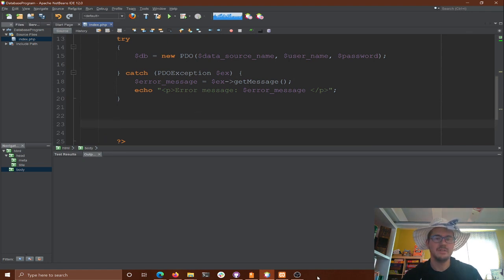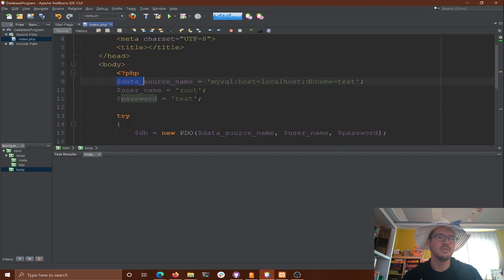How to get to the database? Yeah, we give it the data source name. So it's MySQL. Our host for our development work is always localhost. Most of the time in the real world, your web server is not also your database server. Usually we try and keep those things separate. Depending on how you want to structure things, but that's a whole other story. You can get into web system admin, server admin, and database admin for that. But for ours, it's just connecting to our local server. It's finding the test database. That's the DB name, database name here. Okay, so we got a connection.